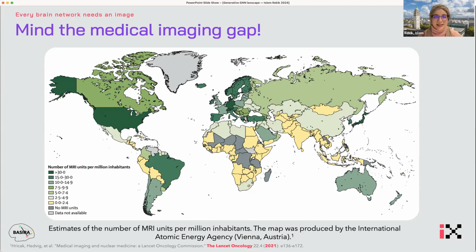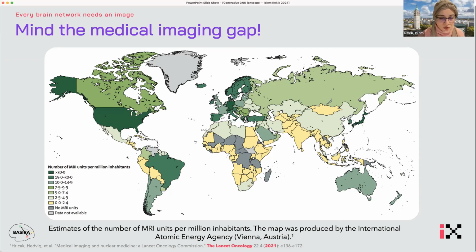So basically we take an MR image and we do some image processing. We pass it through a long image processing pipeline. There are so many software available publicly. And then this image processing pipeline will transform your MRI sequence of the brain into a graph. And that's how we get it. Now, this may be bad news for half of the world because, as you can see in this review paper